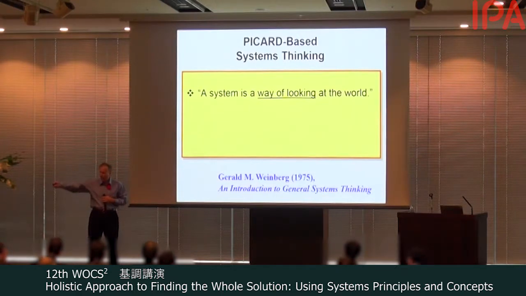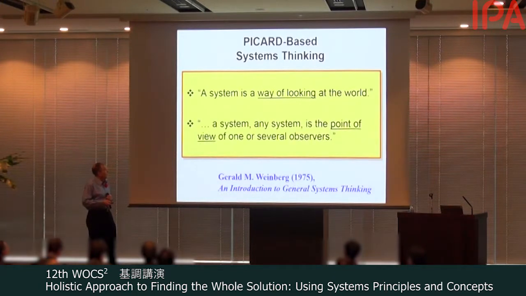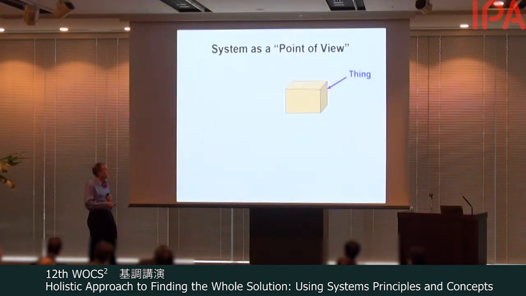Because when you treat the system as that thing, then you're really looking at just the parts, and maybe some interactions that you can see. And we put that down in terms of interfaces. We define the interface and write requirements about the parts and about the interfaces. That is a limited view of what the system is about. He also said that a system, any system, is the point of view of one or several observers. We'll come back to this point after we look at the theory.